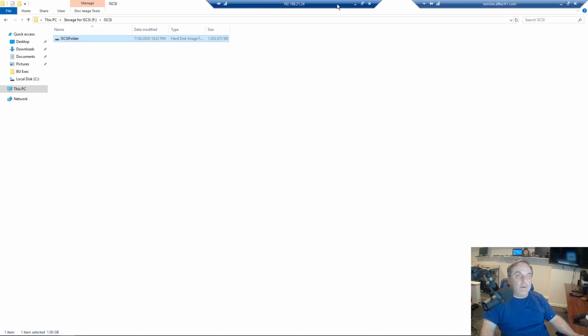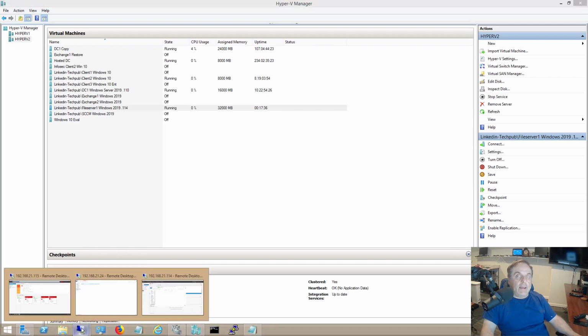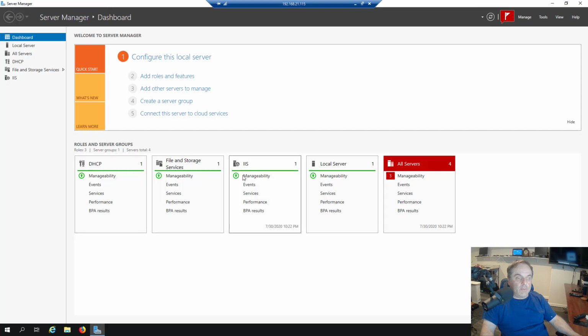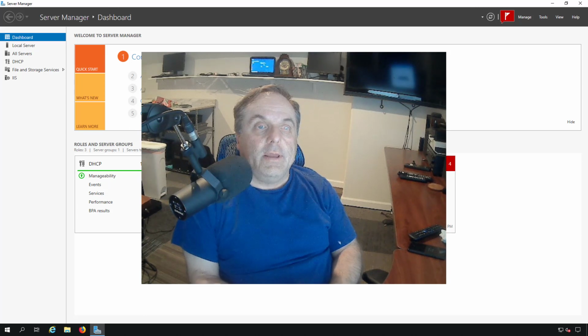Now what I can do is go into File Server 2 and add the iSCSI initiator to that one as well, along with my CHAP authentication, and I'll be able to see that storage in this server as well. Then I can create my cluster. So take a look for my cluster video that's coming into this playlist. It'll be on Windows clustering for Server 2019. This was just step one. This was just to make the storage available, and then we can add our Windows cluster.